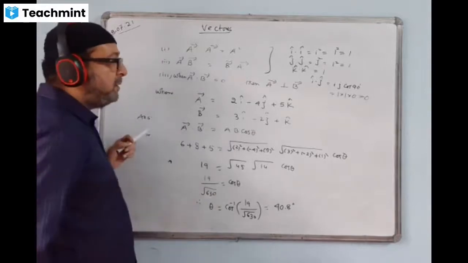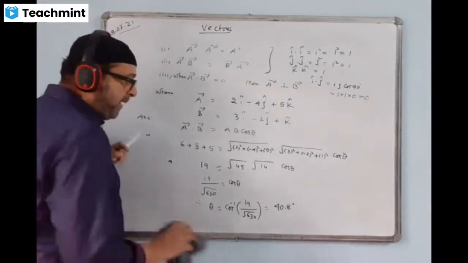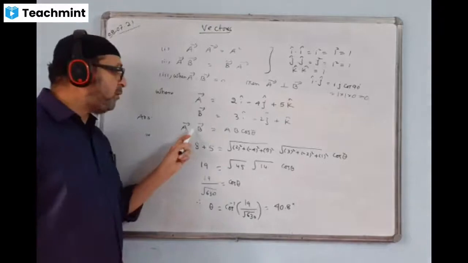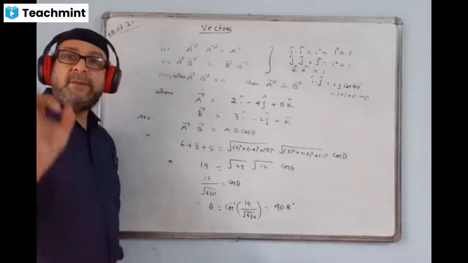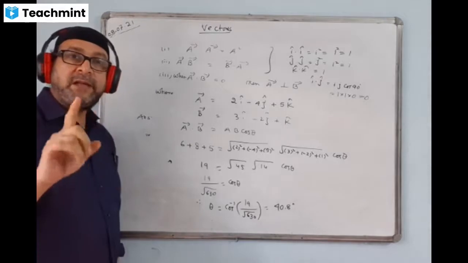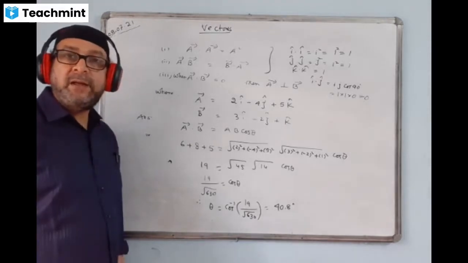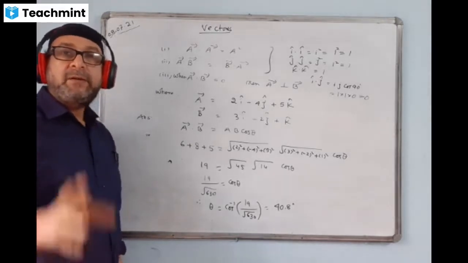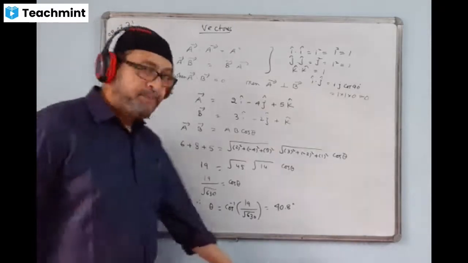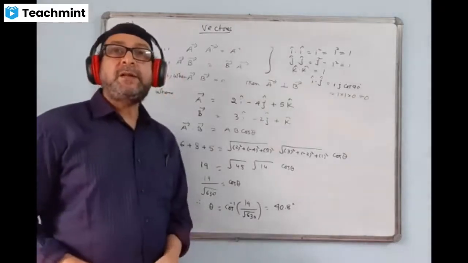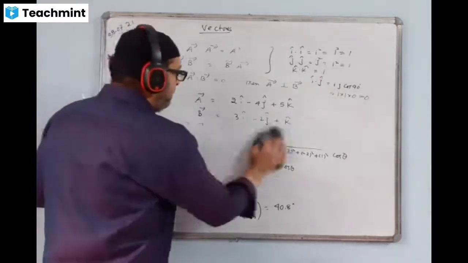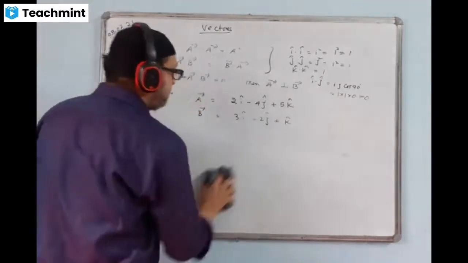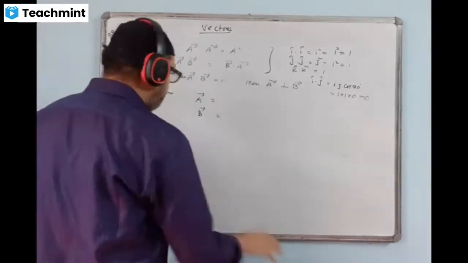Is it all right? By chance, suppose A dot B value is coming 0. Then angle theta will become equal to 90 degrees. Then A and B vectors will be perpendicular. Write a question. Show that the vectors